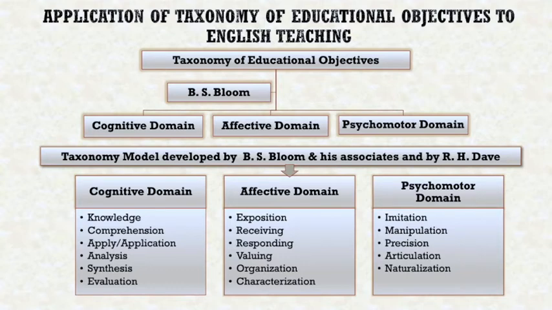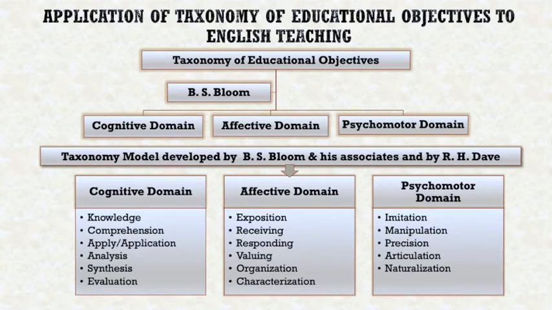Under each domain, many objectives come which are to be realized by teaching and learning. The objectives of cognitive and affective domains are proposed by Bloom, and objectives of psychomotor domain have been proposed by